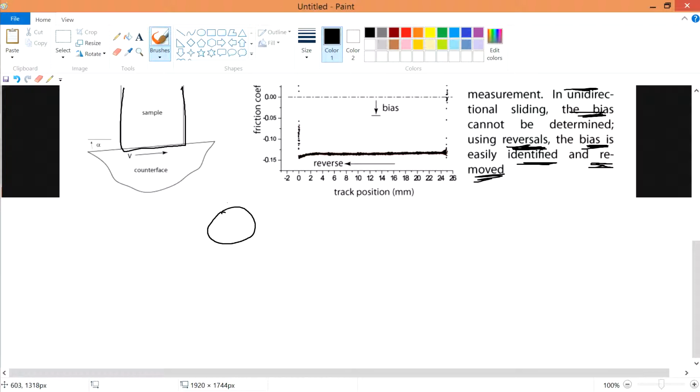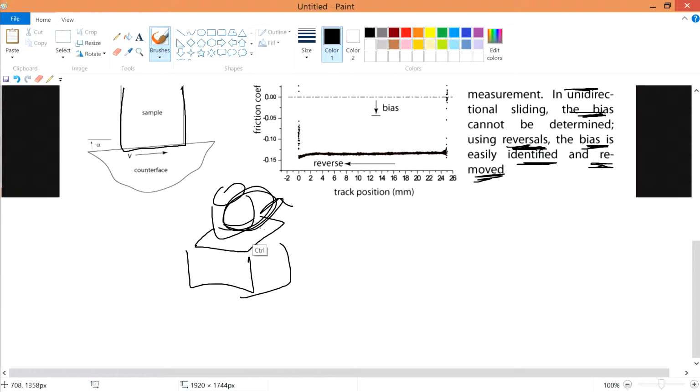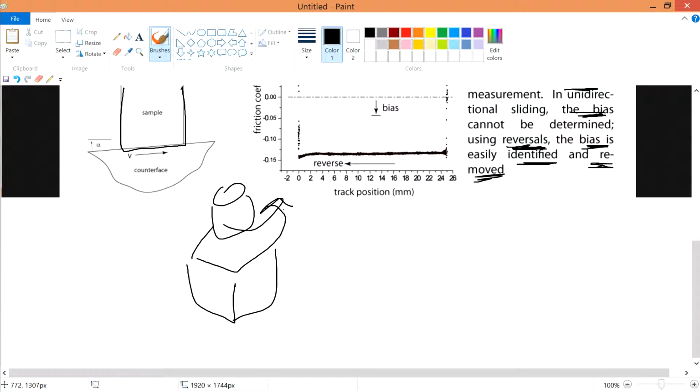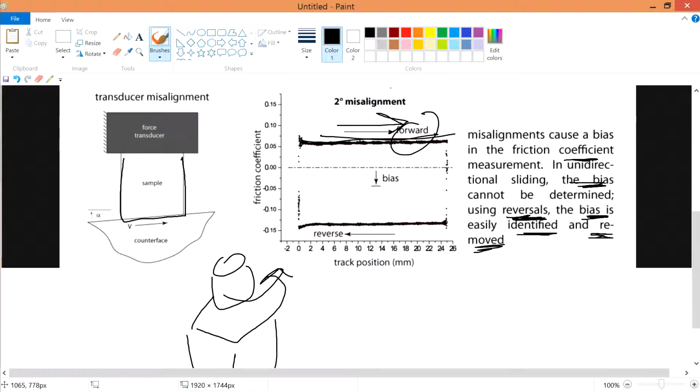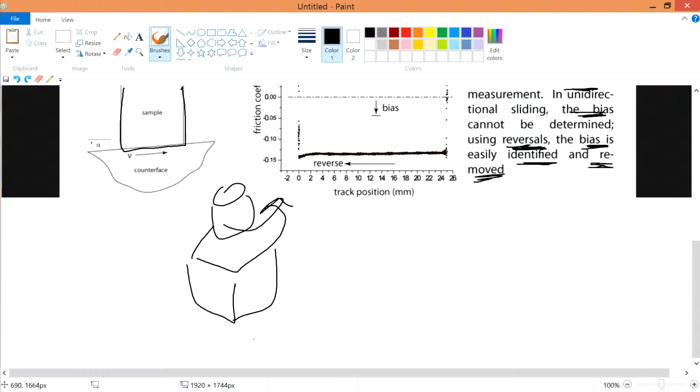Imagine you have this transducer standing in this manner, placed onto your material surface, and you rotate and turn. However, if you didn't put your material properly and slanted it a little bit, going in the forward manner, you can't actually see whether it is biased or not. But if you go in the reverse direction, at least you get to know, because in unidirectional sliding,